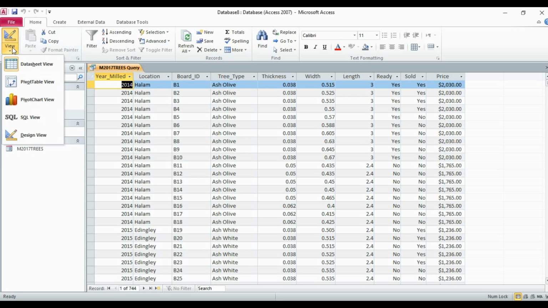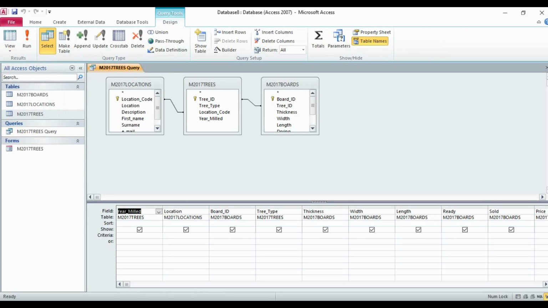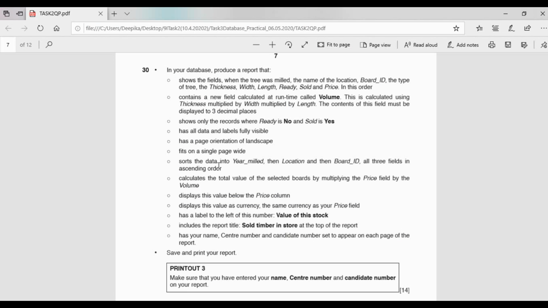Now next, the query contains a new field calculated at runtime called volume. This is calculated using thickness multiplied by width multiplied by length. The contents of this field must be displayed to 3 decimal places.